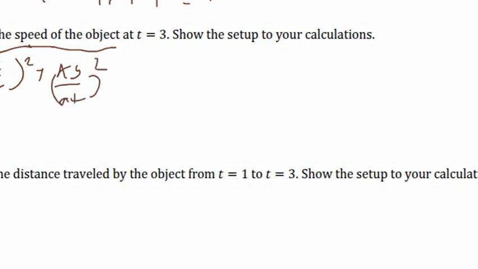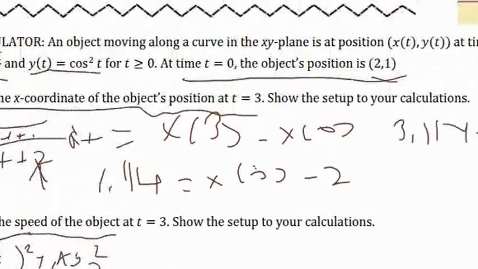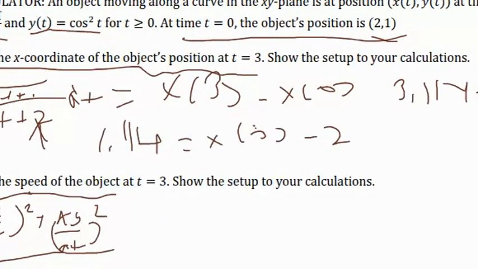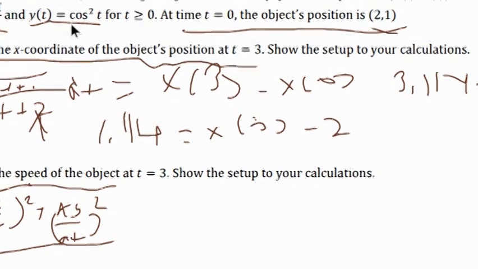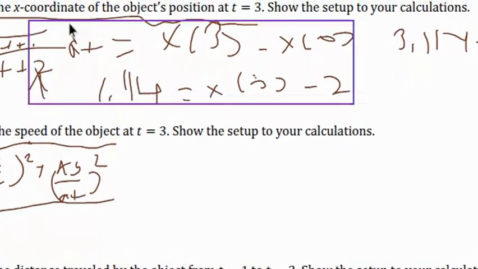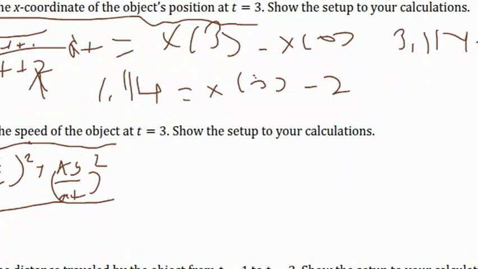So in this case, we already know what dx over dt is, which would be this part: dx over dt equals square root of t plus 1 over t plus 2. We don't know what dy over dt is, but thankfully we have the calculator, so we don't really need to find that out. So all we have to do is essentially